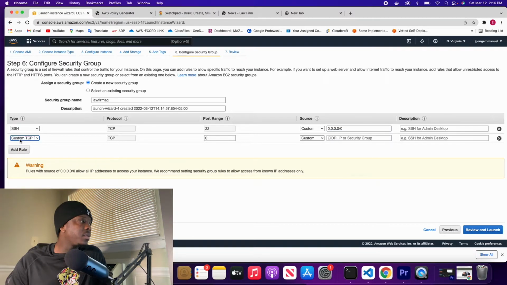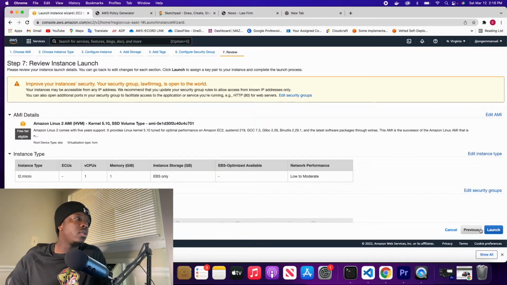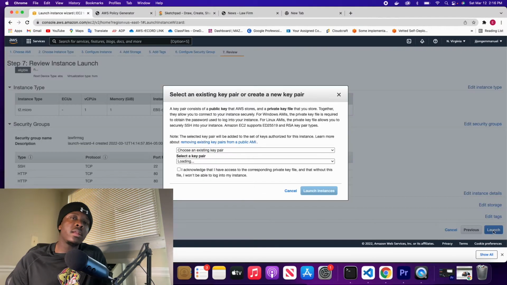So add the HTTP role, click that and click on HTTP, and it's listed on port 80. The source is custom anyway, that's fine. Then click on review and launch. I think everything is fine. Click on launch. Then it's going to ask you to